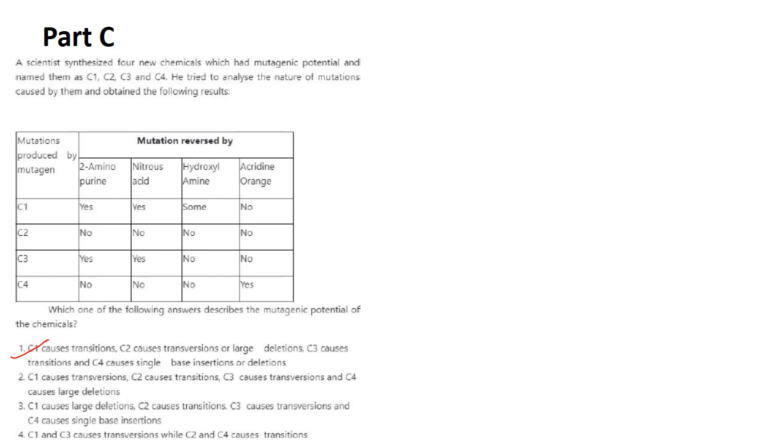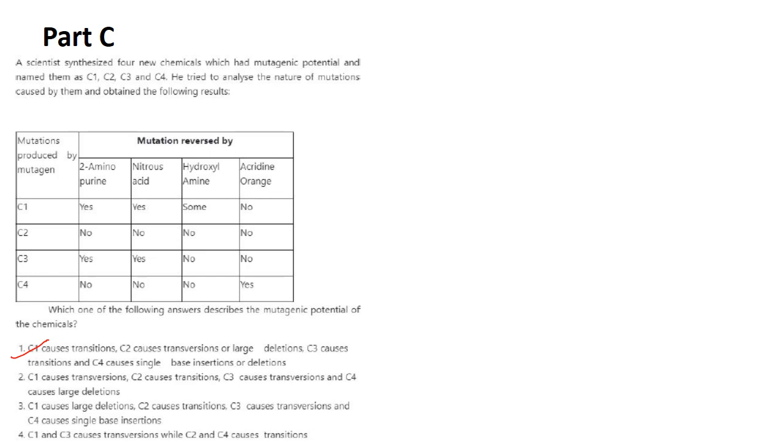A scientist synthesized 4 new chemicals which had mutagenic potential and named them as C1, C2, C3, C4. He tried to analyze the nature of mutations caused by them and obtained the following results. Which one of the following answers describes the mutagenic potential of the chemicals? So if you see here, 2-aminopurine is causing reversion for C1, nitrous acid is causing reversion, hydroxylamine for some is causing